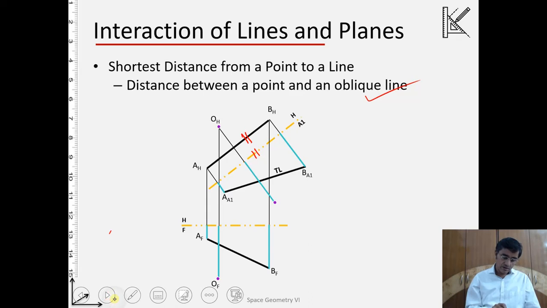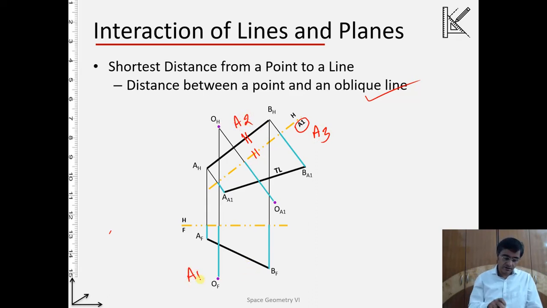Now I'm not talking about the distances anymore, because we know how the distances are taken from A1 in this case. Again, when I say A1, I don't mean this A1 as per our definition. As per our definition, this is A3, this is A2, and this is A1. Alright, so